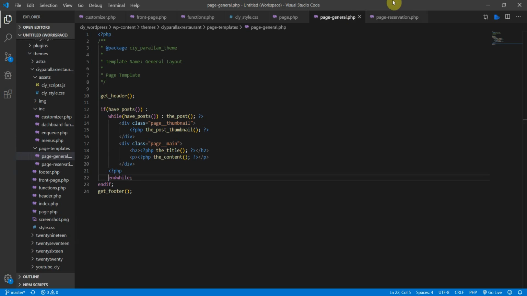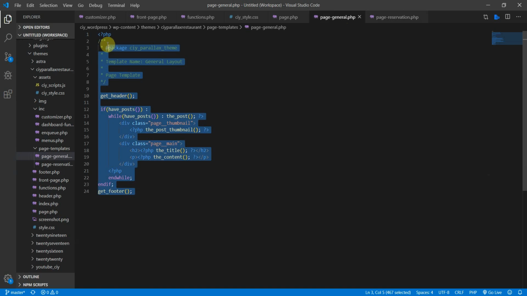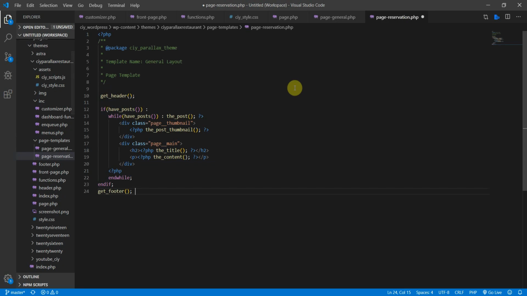Let's copy the whole comment, and let's copy the whole thing here, like this, and so that, and then in this case let's call it the reservation layout,